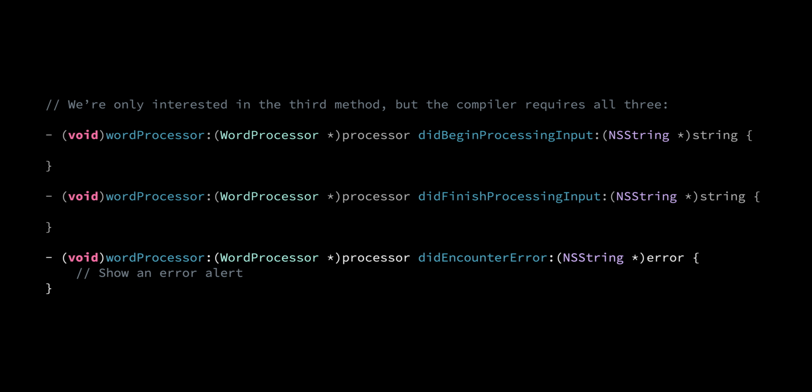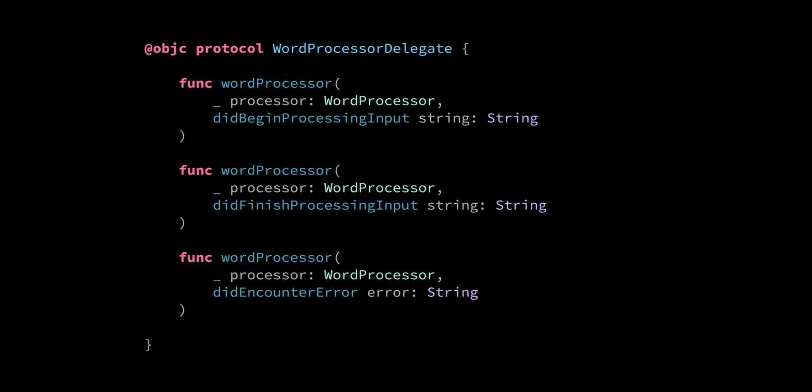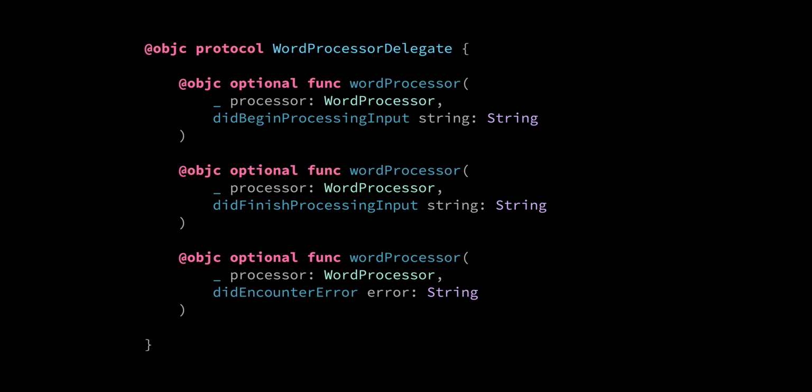In that case, you'll have to implement each and every method explicitly. But that is, unless you mark them with the optional keyword. You see, unlike pure Swift protocols, protocols exposed to Objective-C can have truly optional methods, with the same features and restrictions I explained earlier. Of course, now you'll have to unwrap the methods before calling them, but at least this